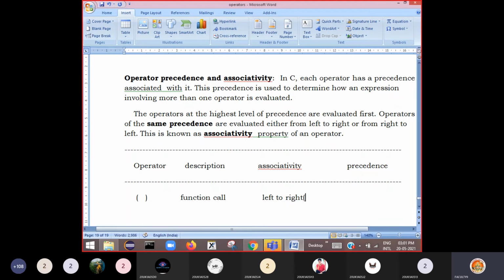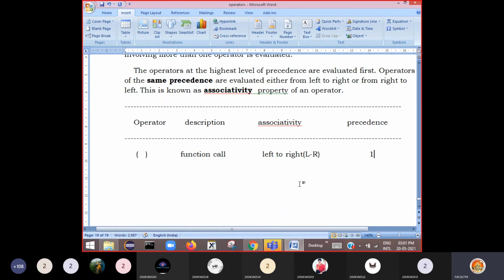This can be shown in capital letters like this, L hyphen R. In some textbooks, you can see this kind of notation, L hyphen R, which means left to right. Its precedence is 1, that means this is the highest priority. Arrays are there, array reference.